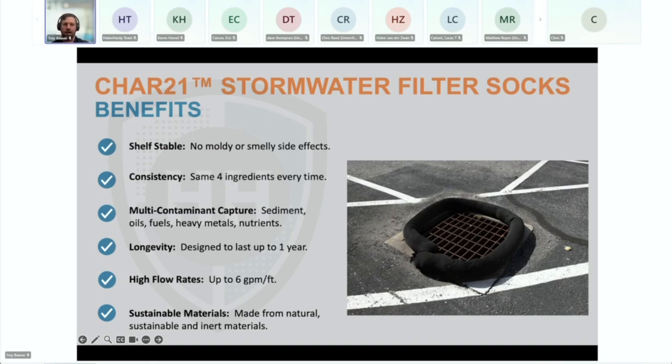Also, we have high flow rates. We're seeing fresh socks flowing as high as 6 gallons per minute per foot. As I mentioned before, some of these socks we're seeing 1, maybe 2 gallons per minute per foot. We're seeing upwards of 6, depending on the diameter of sock that you have. Obviously, that's going to reduce depending on the sediment load, but that is the same for anyone's socks. You have a heavy sediment-laden facility. You may want to do some maintenance around the sediment to prevent blinding of the socks. But with that said, with initial flushes, you're going to see 2, 3, 4 times the amount of flow rates